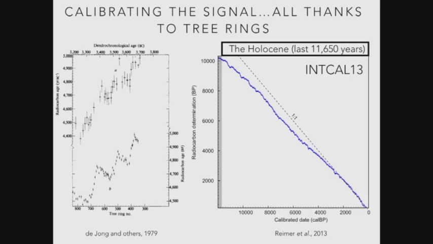The key thing is now, this is the state of progress that we're at. This is IntCal13, the International Calibration Curve record. It's radiocarbon dated tree rings, absolutely, through to just into the end of the last ice age, which is the grey column on the far left-hand side of this right panel. And you can see the one-to-one curve. The C14 basically dips almost all the time below that curve.